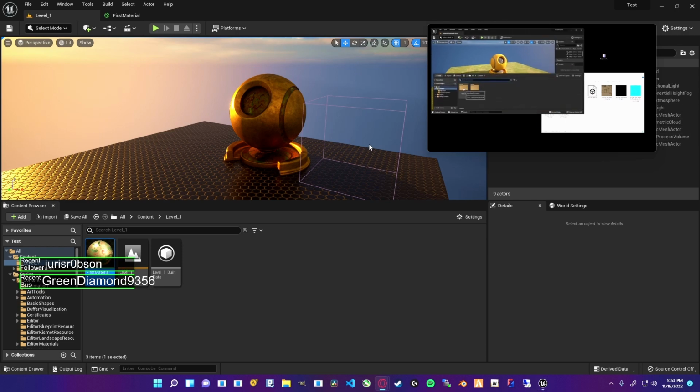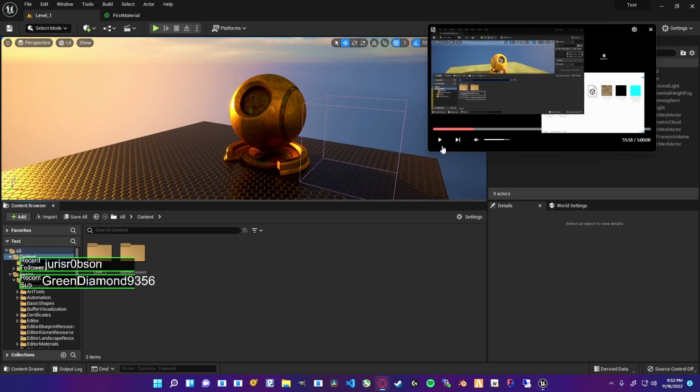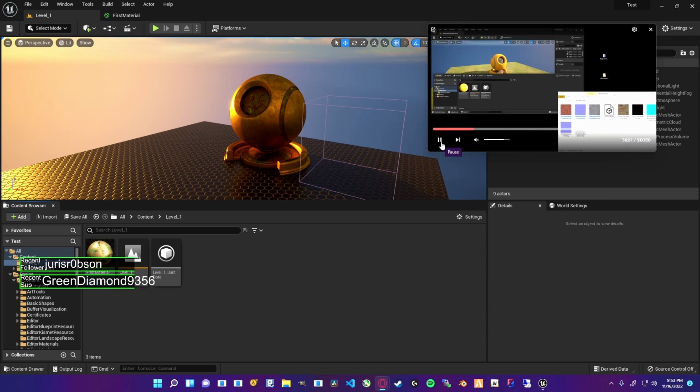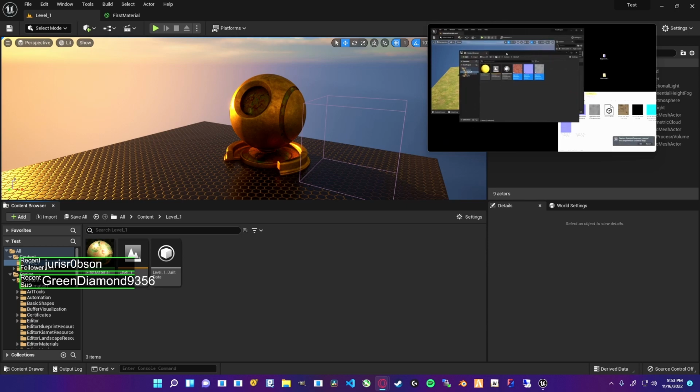So let's open up the Content Drawer. Okay, so, content, into my stuff. As you remember, we created a folder called My Stuff to hold all our assets, and I'm going to hold down my left mouse button and drag all these assets into my content drawer. You want to make sure that your content drawer is open, so you are able to drag it in, let go, and automatically